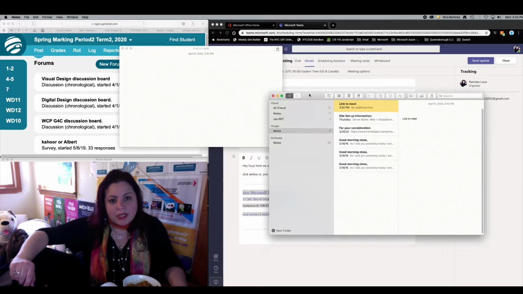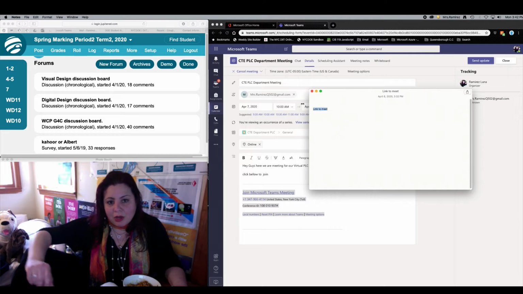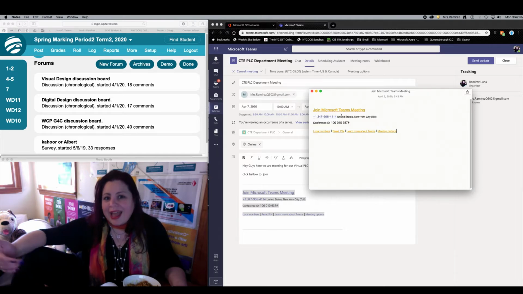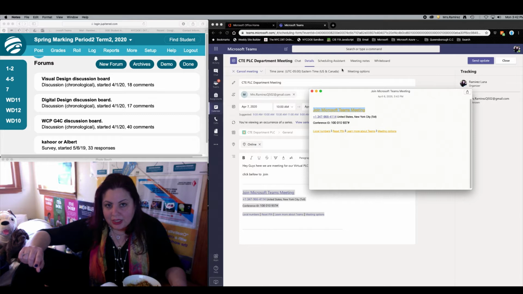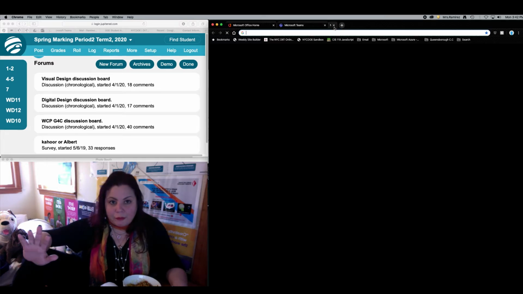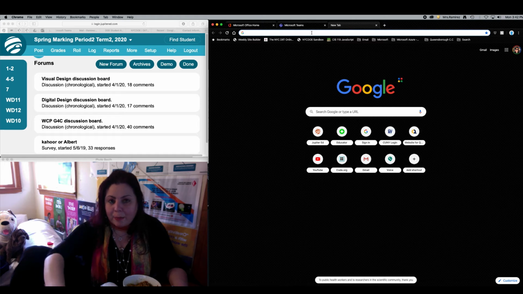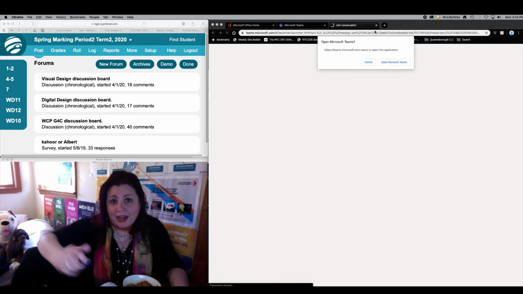So let me open the note right here. So if I were to paste this in a regular browser like this, again, it's not typing the link, right? So what I want to do is copy the link, right? And I go to a different tab and I paste the link. Now you see how long it is? If I click that and press enter,